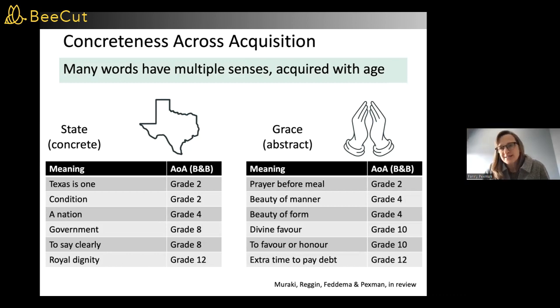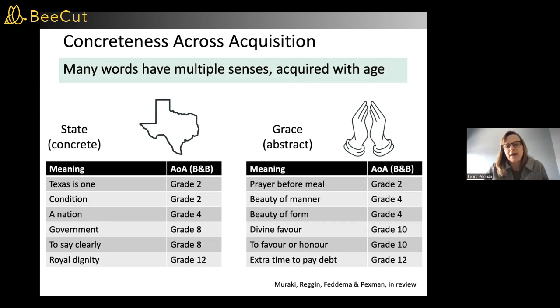So if you have a word like state, state is purportedly concrete based on the concreteness ratings. And the early acquired meaning of state in the Brysbaert and Biemiller data is indeed quite abstract. It's just, Texas is a state. These are American acquisition data. But what's interesting is that if you look at the later acquired meanings, you can actually unpackage the different meanings of state. You can look in the data at the grade at which that particular meaning